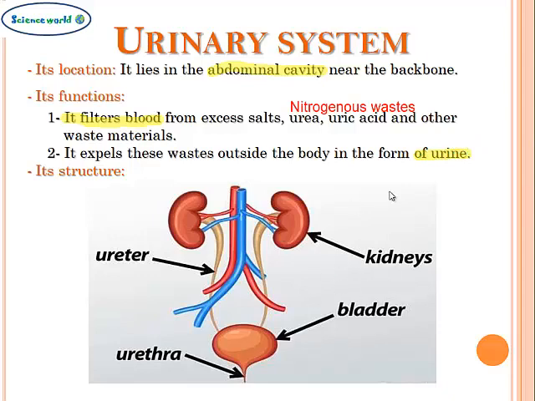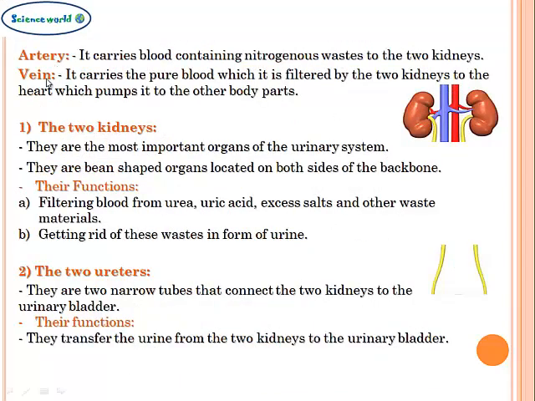So, it's time to know the organs and their functions. First, artery and vein. Artery, it carries blood containing nitrogenous wastes to the 2 kidneys, while vein, it carries the pure blood, which is filtered by the 2 kidneys to the heart, which pumps it to the other body